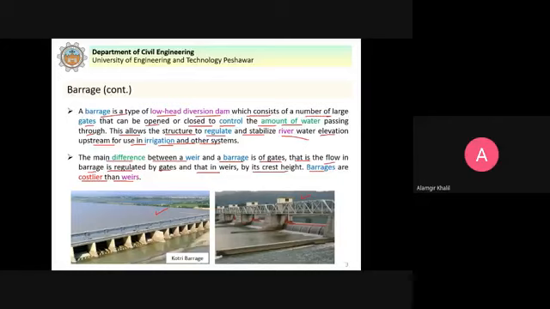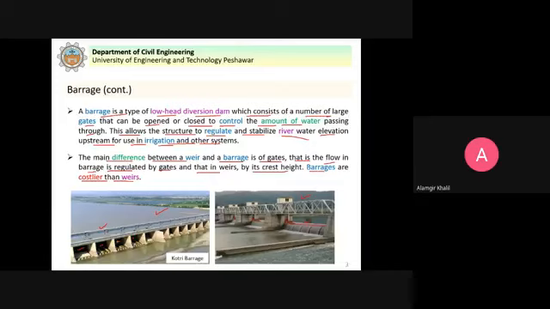So you can clearly see that in the case of barrages, most of the ponding is done by these gates here. But you can see here that in the case of a weir, it is by its crest. So this is the main difference between the weir and a barrage. In a barrage you can see that by operation of the gates we can have better control over the flow of water.